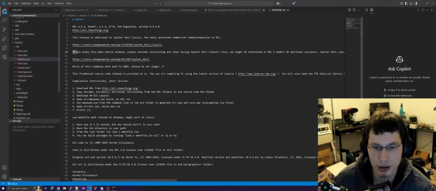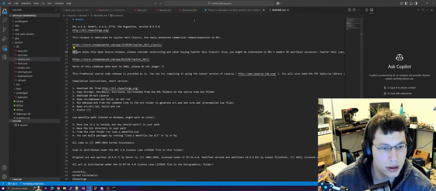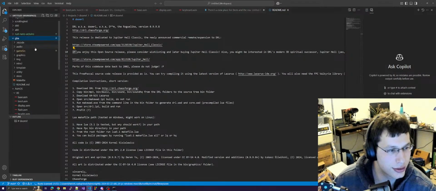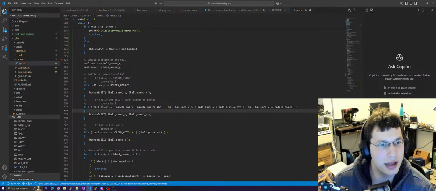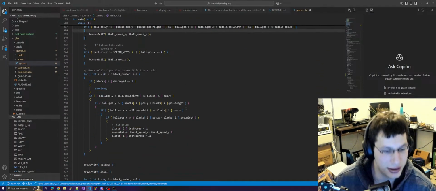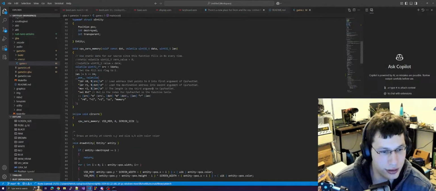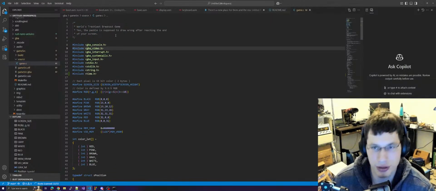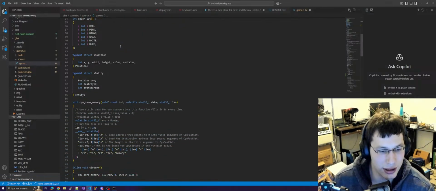Here, let me try to show you the code. I just had a couple other projects, so let me find it. This is the actual Game Boy code. Yeah, send pics. You play it on a Game Boy Advance GBA, and it is the world's trashiest breakout game